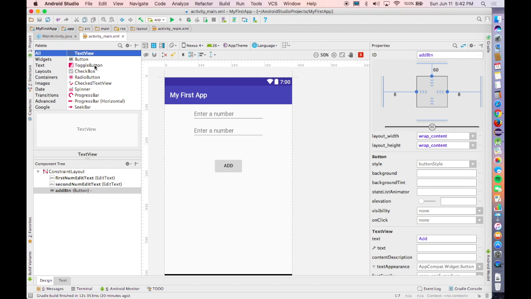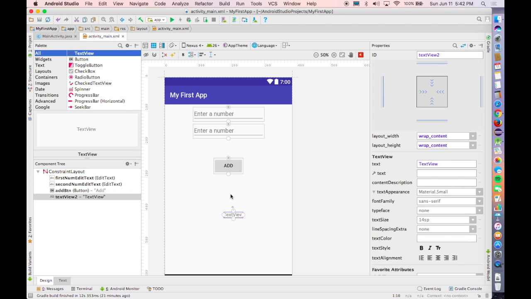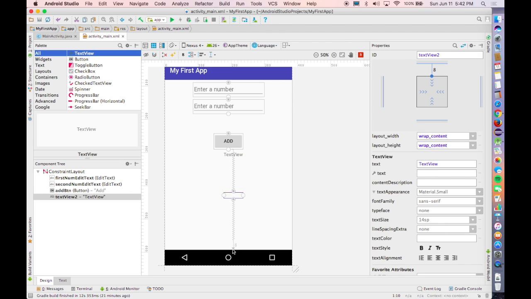Okay, so now I'm going to add a text view underneath, and I'm going to drag that into the activity, glue it to the bottom of the button. I'm also going to glue it to the bottom of the activity, which is going to center it vertically between this button and the bottom, and horizontally center it as well. This text view is going to be displaying the result. So I'm going to name the ID of it result